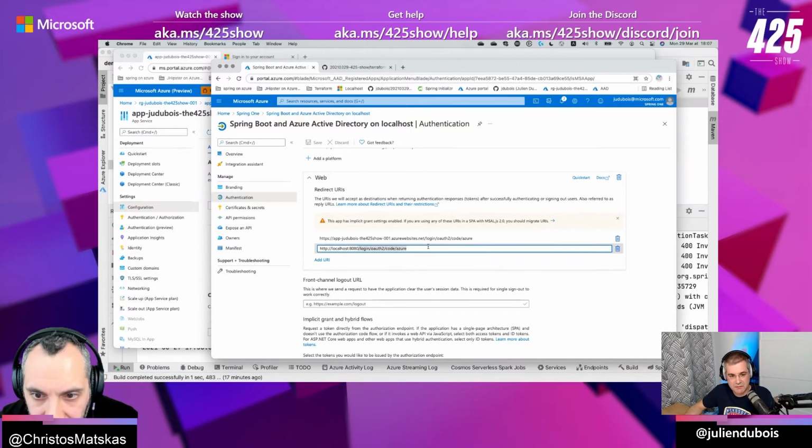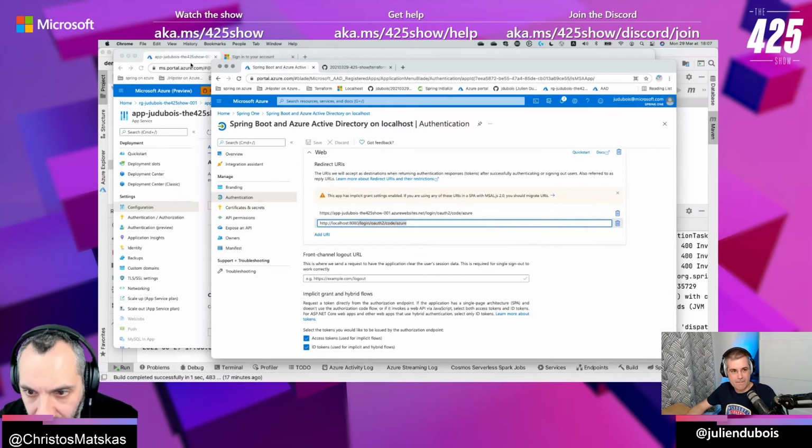Okay, so there you have login OAuth to code Azure, and the login OAuth to code Azure is the same thing. Is there anything else in the root that could be different after the .NET, the Azure websites.net? Is there anything else in the path that could be getting in the way?